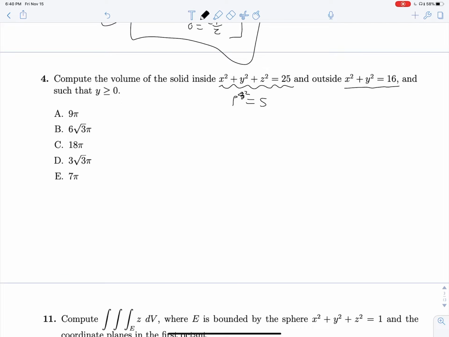Apparently there's a name for this. This is called the napkin ring problem. Well, this specific set of values is not the napkin ring problem, but we can solve it with a pretty